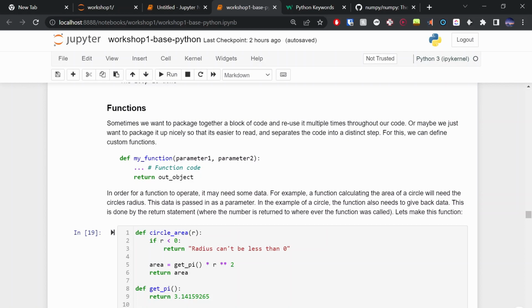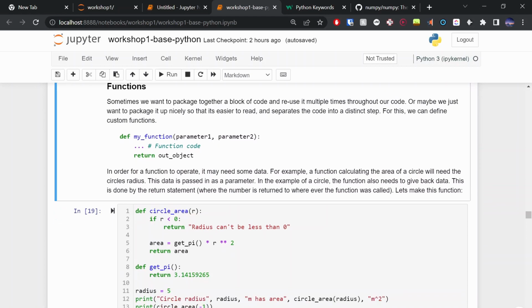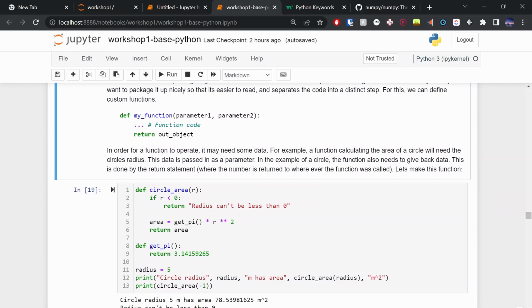Sometimes we don't want to list any parameters. Maybe our function just prints out hi there. In that case, instead of parameter 1 and parameter 2, we just close the bracket straight after we open it and then put the colon. So that's the syntax: we have my function, function code, return out object.